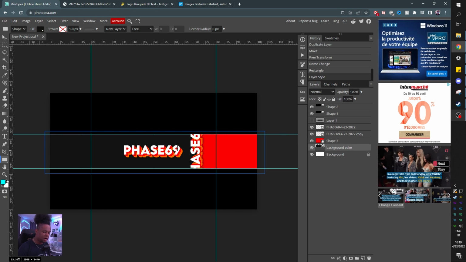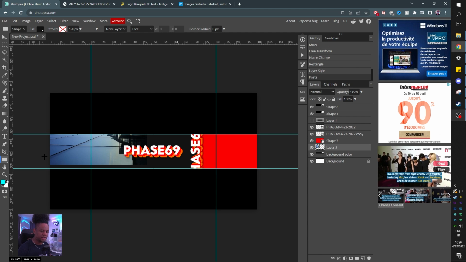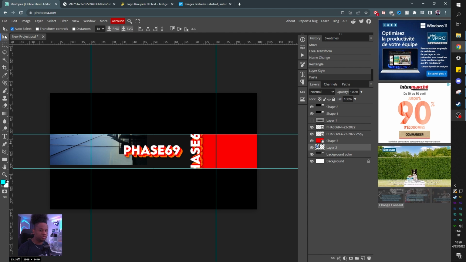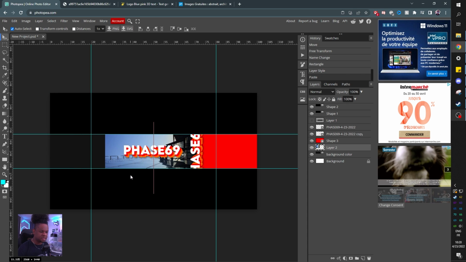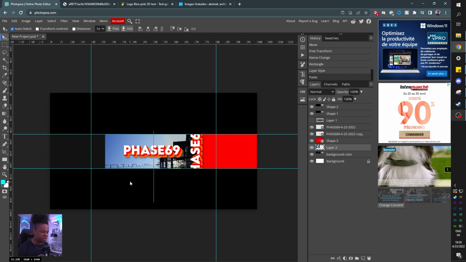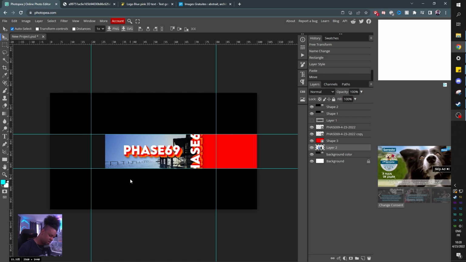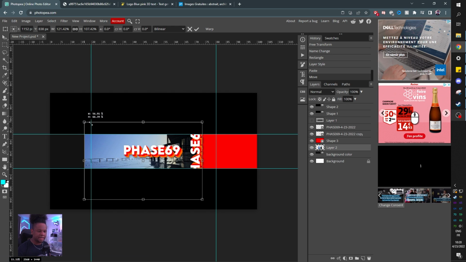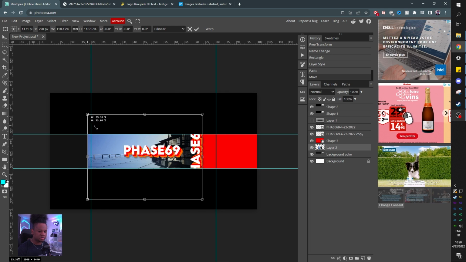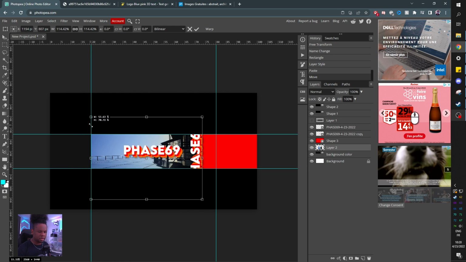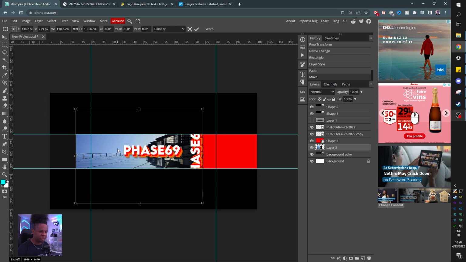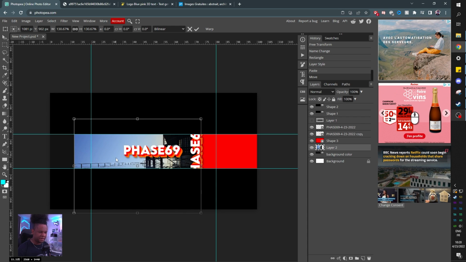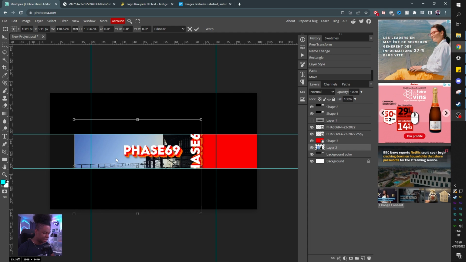Select the background color so that whatever we paste is going to be on top of it. Press Control V. All right, press V to select your move tool, or just click on it here, drag it, and let's place it somewhere that we kind of like. Now remember, the shortcut for transforming is Control Alt T, right? And then hold Shift if you want to maintain proportions. And let's do this. Nice. We're basically going to place it in a way that it doesn't affect our design too much. Okay, I like that. Boom.